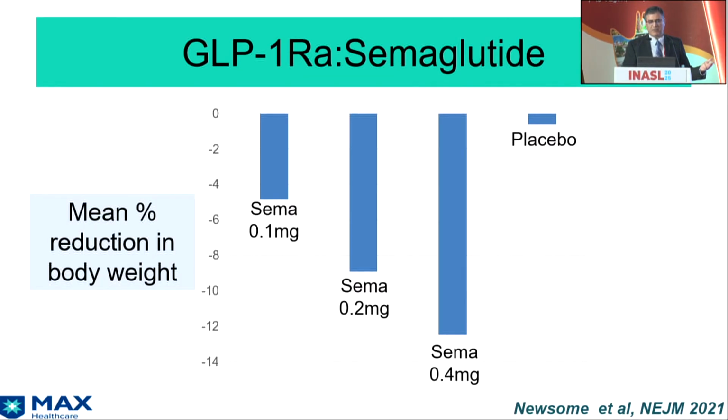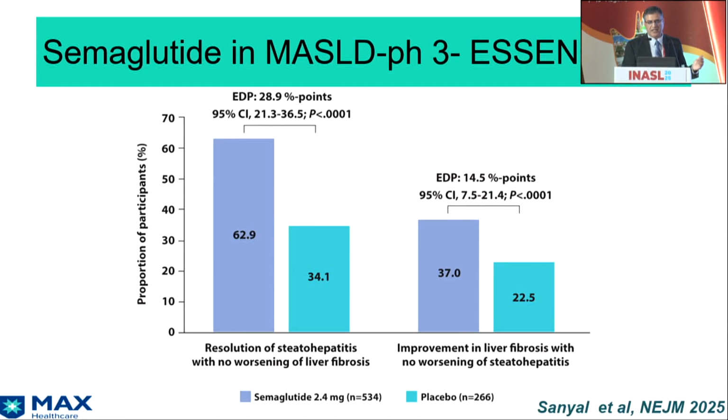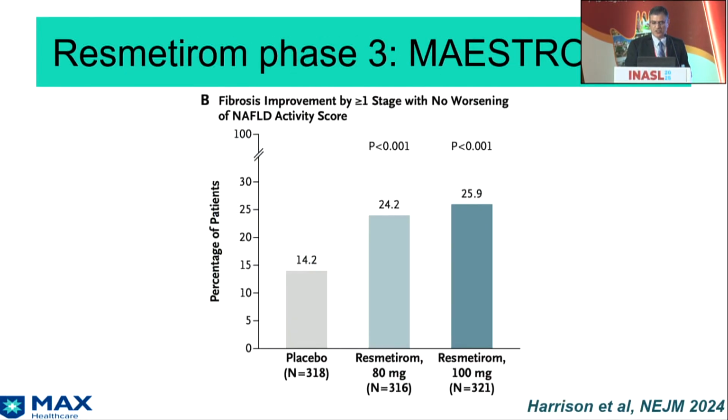Semaglutide and other GLP-1 RAs have a significant effect on mean weight change. In addition, this particular trial showed a significant effect on fibrosis for the first time. The previous two studies with semaglutide in MASH as well as in cirrhosis did not show this result. This was the first time it was shown that semaglutide did have an effect on liver fibrosis reduction.